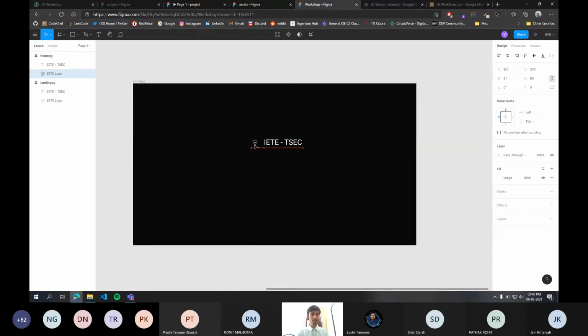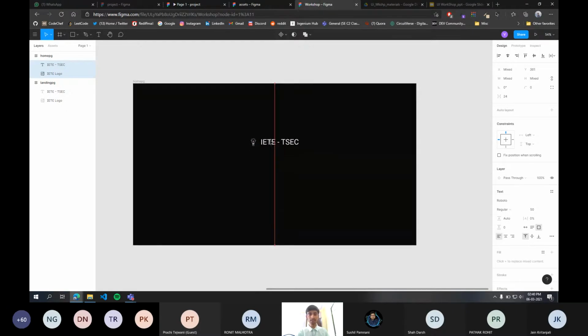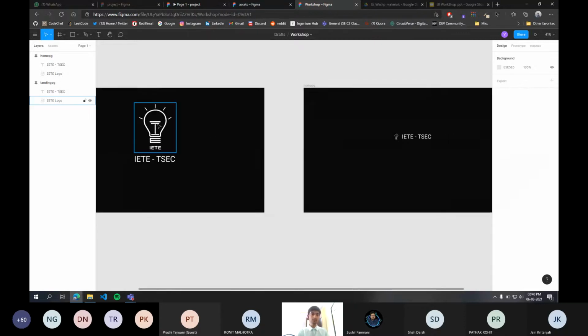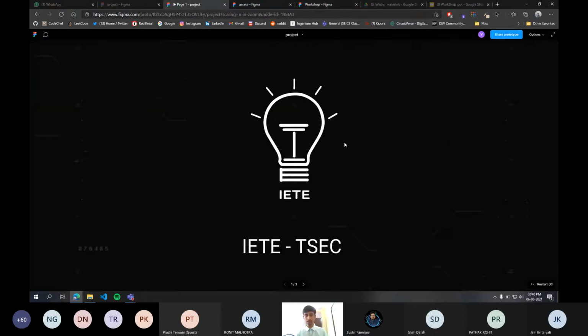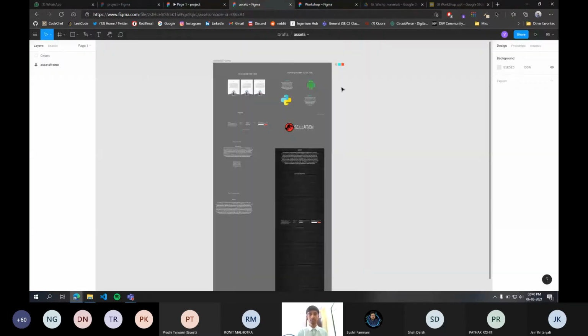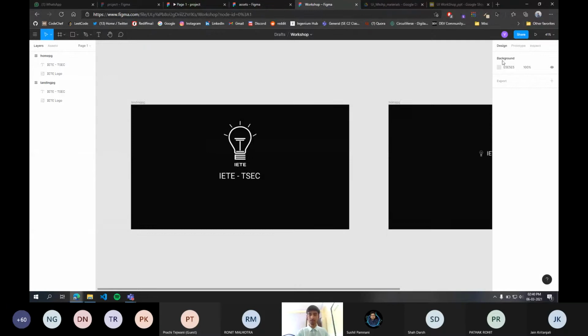So we'll just resize this image, and we also decreased the font size. So now multi-select them again and just try to center align it. Okay, so we are done. Now for this transition to work, we'll learn about prototyping. So what is prototyping and what is the need for prototyping will be explained by Prachi.